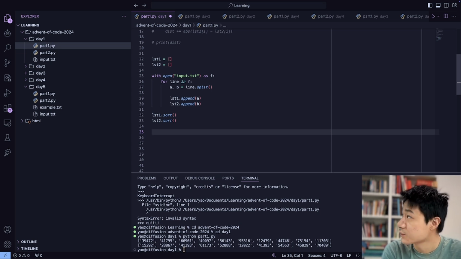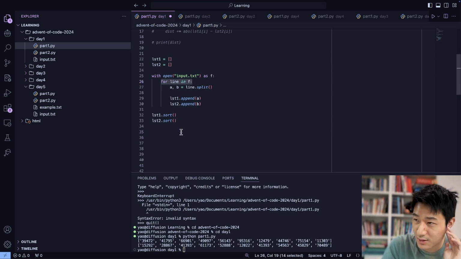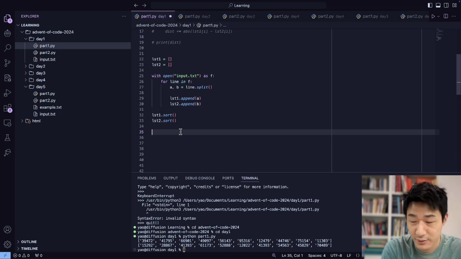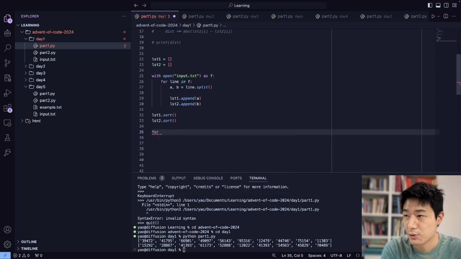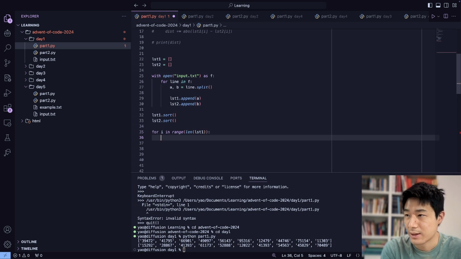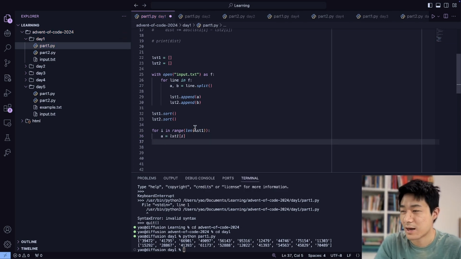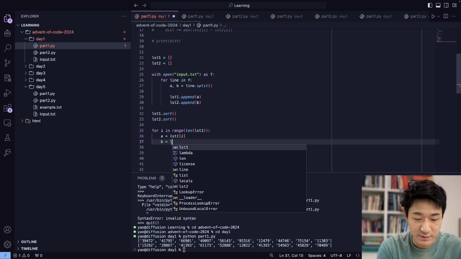And then what we can do is we can loop over the two lists. Because we have to loop over two lists, using a for-in loop is probably a little bit harder than if you just use index-based looping. So we can do for i in range(len(list1)), and then we can get a equals list1[i]. Obviously range goes from 0 to whatever the length of list 1 is, and then we can access the items from list 1 and list 2,